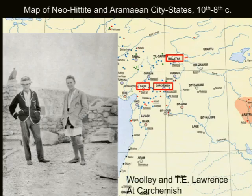So another important Neo-Hittite site is the site of Carchemish. And Carchemish was important early on, actually. We have texts from Ebla, texts from Mari that discuss the importance of the site, as early as 1800 BCE. In fact, we know that the site was inhabited pretty much from the Chalcolithic on, so it was always inhabited. And the reason for that is that, as you can see, the city occupied